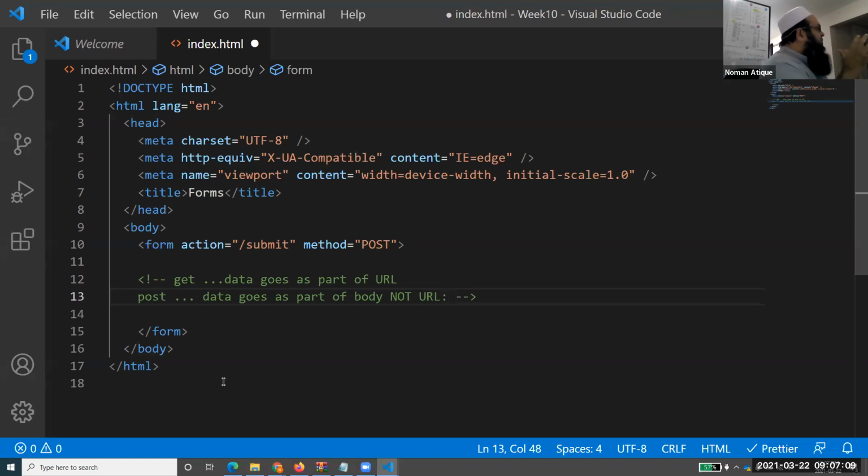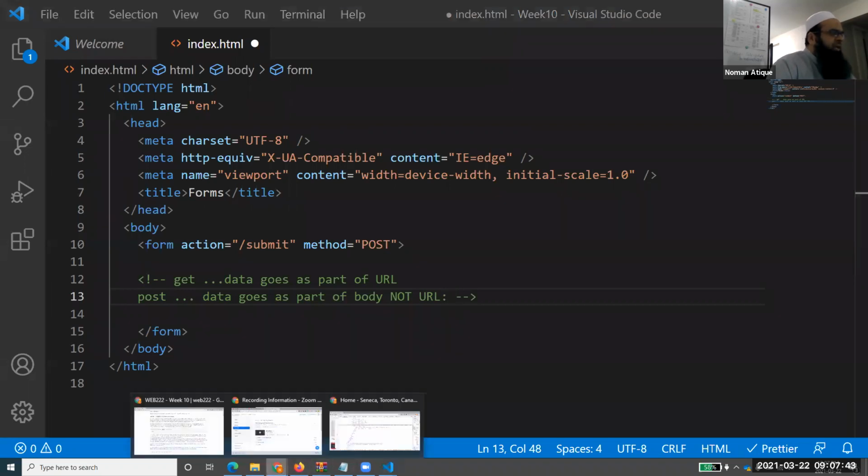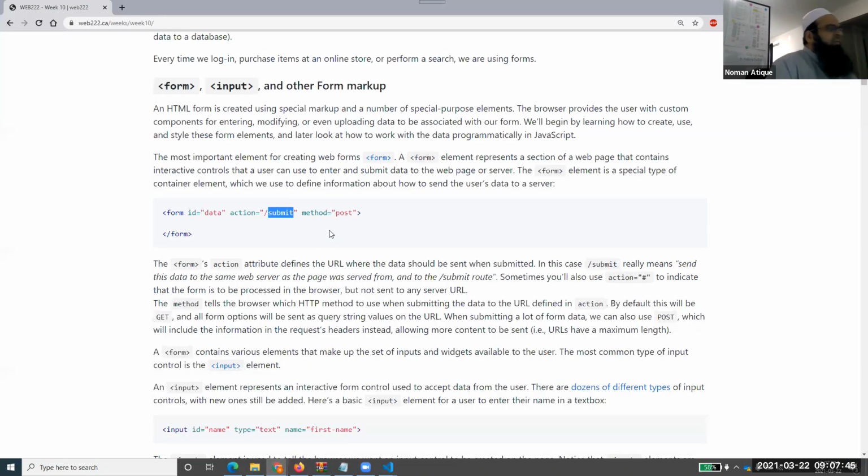For form purposes, if you use the get method, this data will go as part of the URL, the query string. It will be called a query string. And if you are sending that data by using the post method, you are not making it part of the URL, rather you are sending it as part of your body. That's very good. Thank you very much. So for the time being, just keep in mind that get data becomes part of the URL, post data does not become part of the URL. This is the point that you need to remember right now, and I'll talk about that separately more.